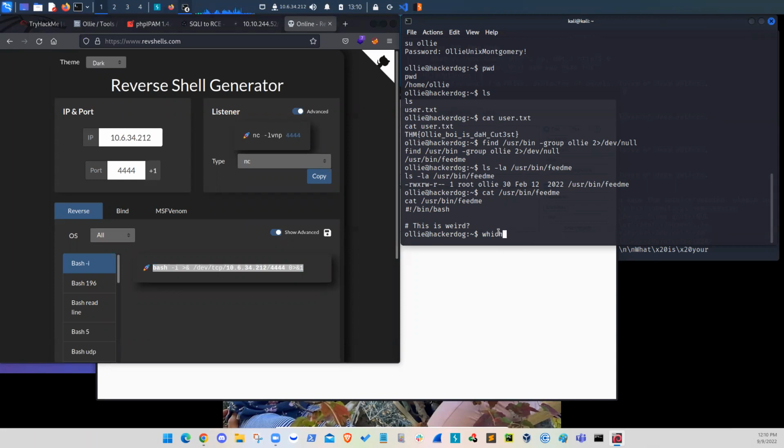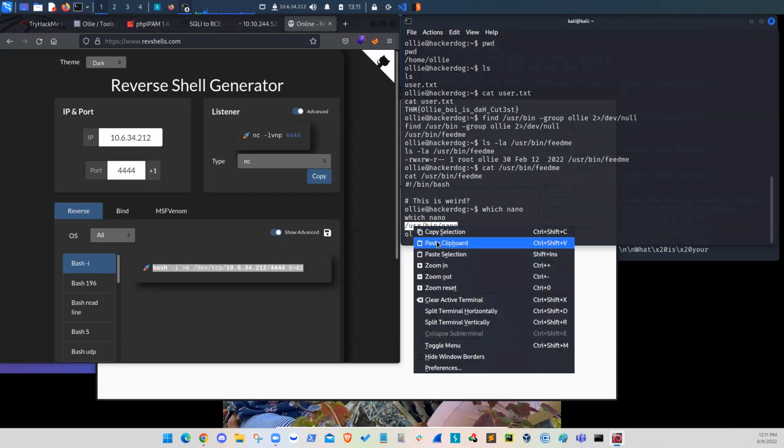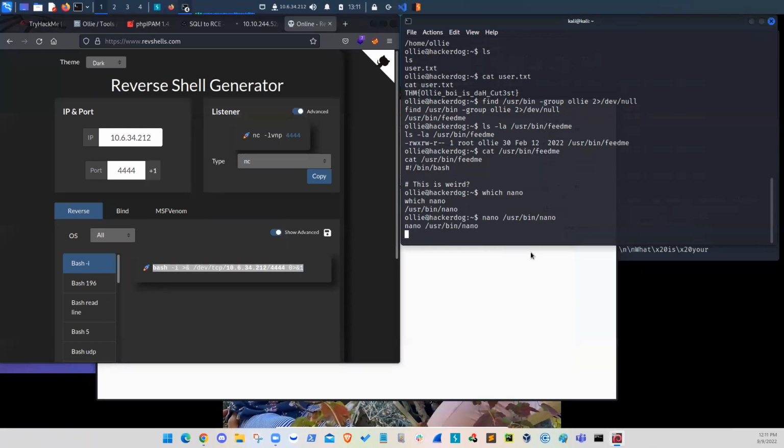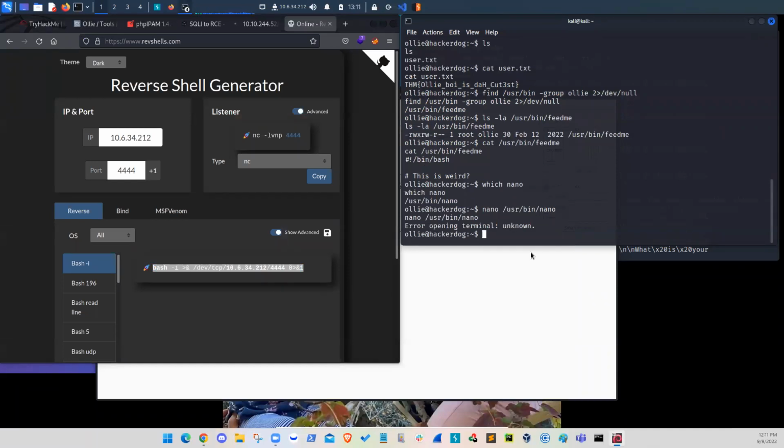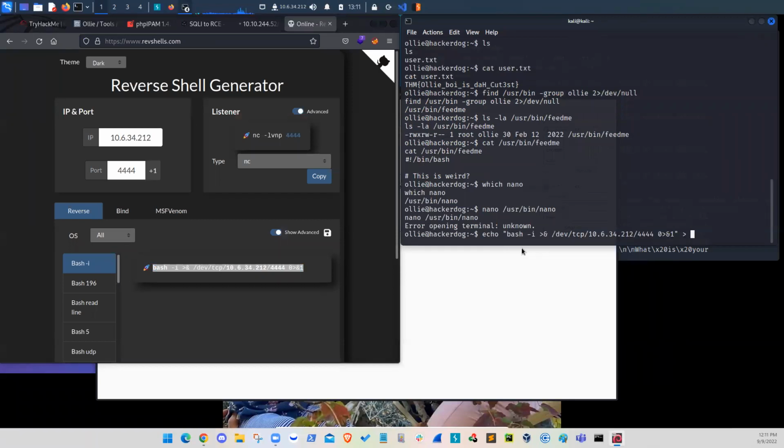So if I ask for which nano, I know this nano is available here, so I can try to open this binary using nano to write inside, and I'm not allowed to do that. It's not a permission problem. I cannot do that. So what I can do instead is I can echo this reverse shell payload here, and this goes inside this